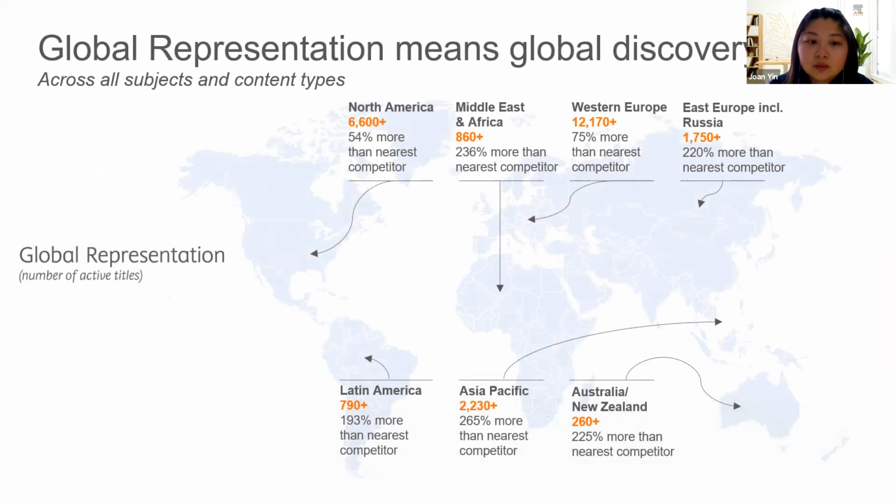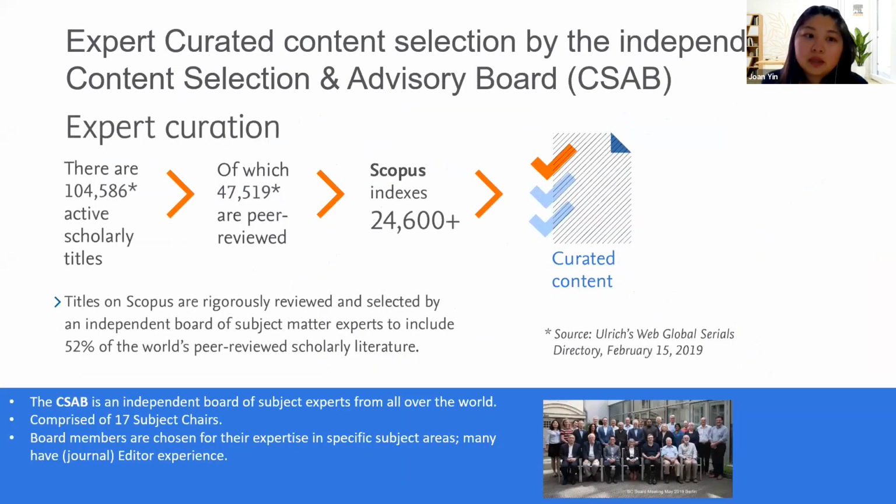Not only is the quantity of the data quite large, we also cover content from different countries. Currently, we cover content from over 100 countries. What's highlighted is that in Asia Pacific, there are over 2,000 journals from the Asia Pacific region. So about the data quality, all the content and all the journals have to be peer reviewed and selected by the Scopus expert